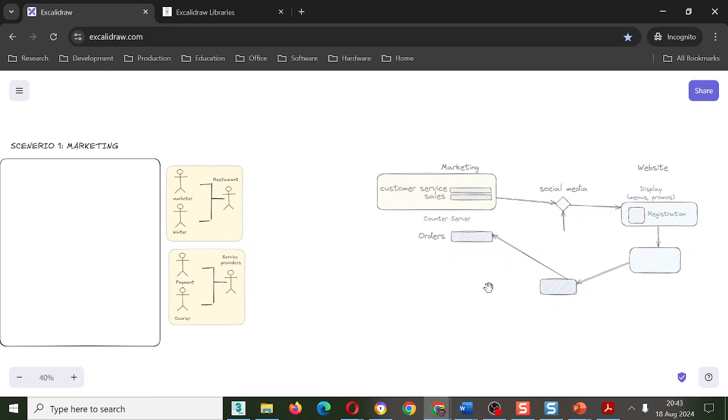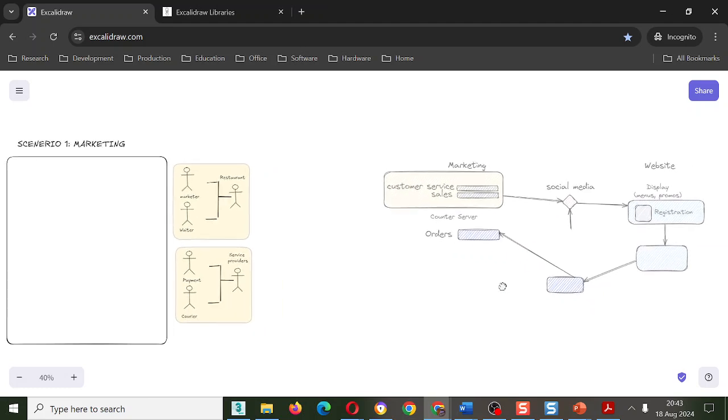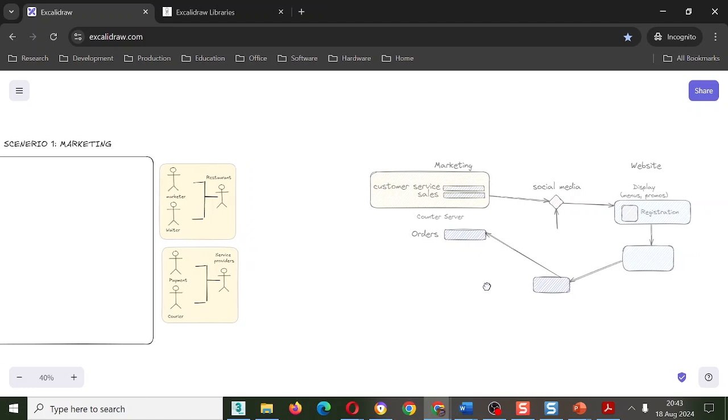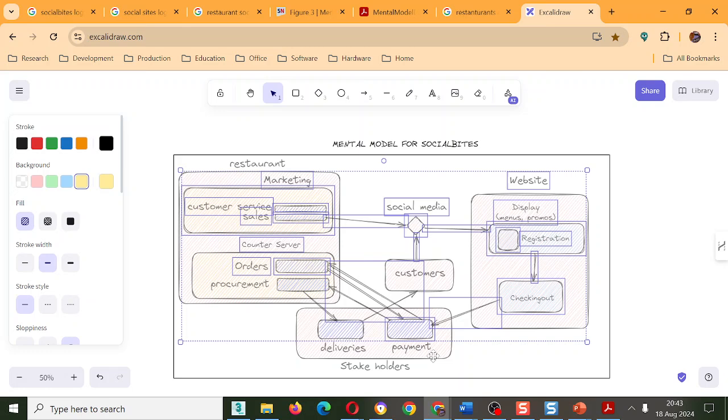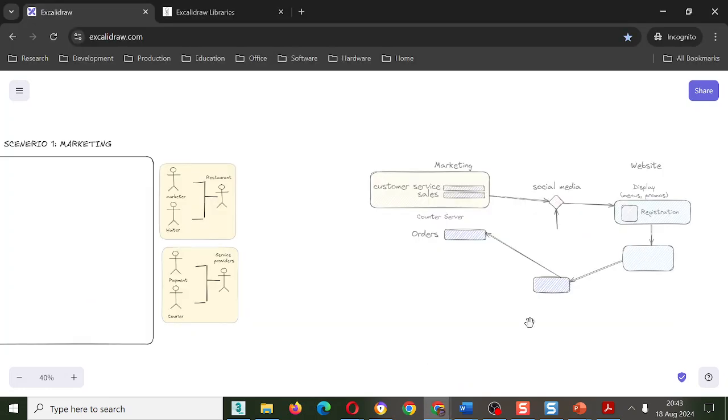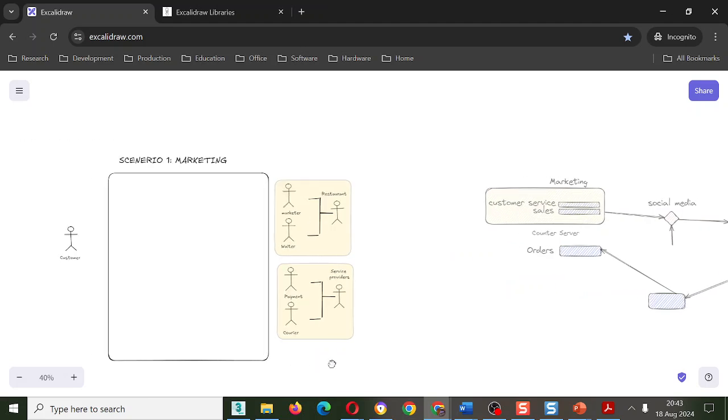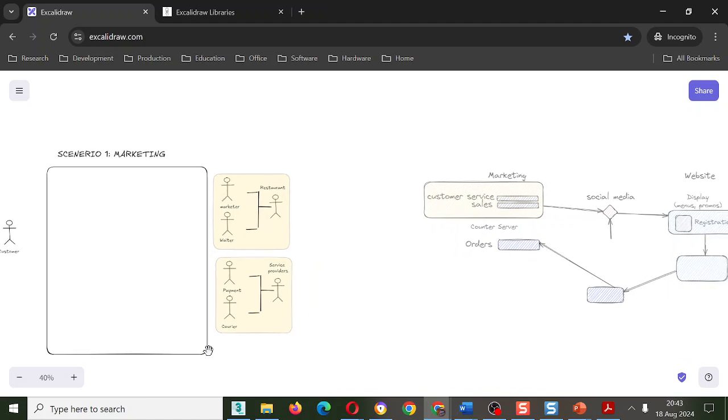So the first thing is that we should have an object for social media, an object for the website, and objects for the big objects. One is here, what was it again? The stakeholders, okay? Service providers, this one. So an object for the services themselves, and then an object for orders within the company. So we need 1, 2, 3, 4 objects.